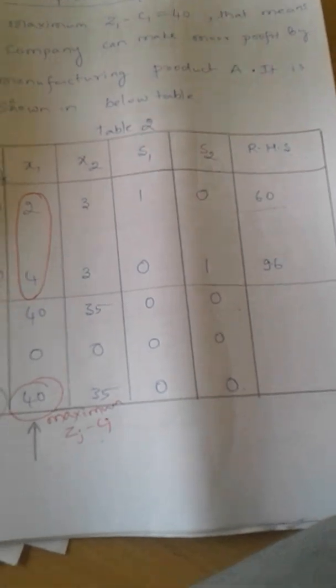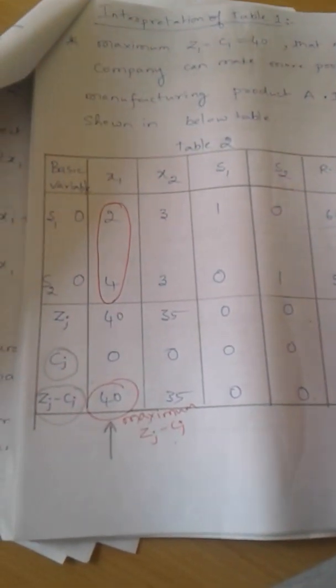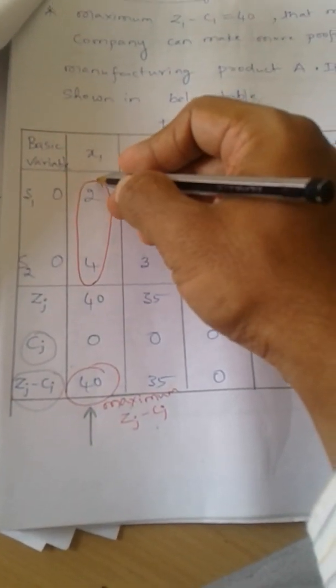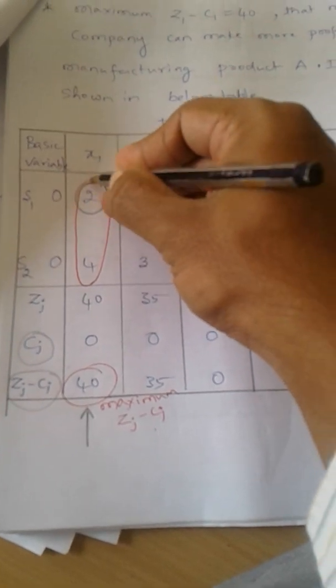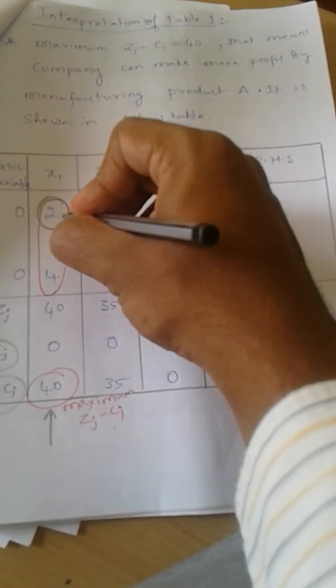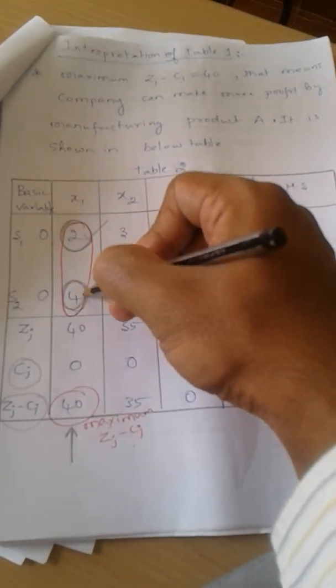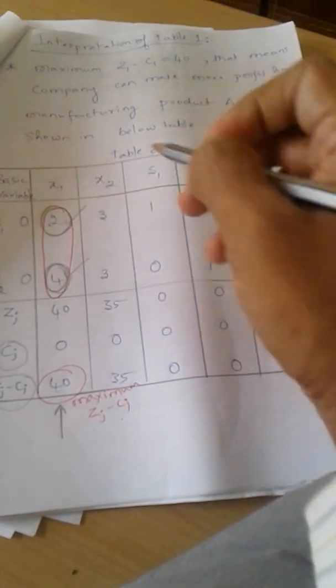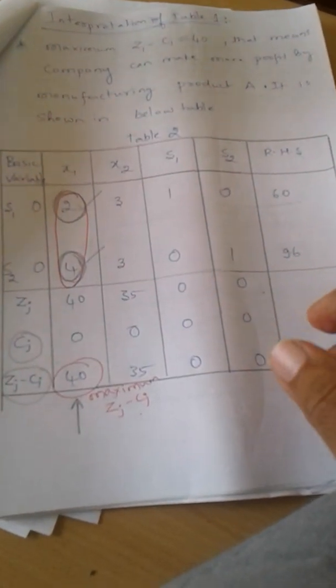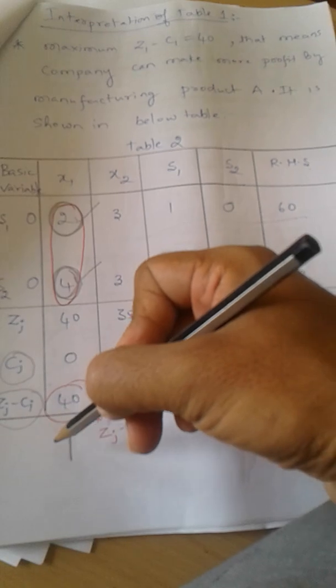Alright, next is, with this available resource, now we know that for manufacturing one product A, we require 2 kgs of raw material and 4 hours of labor. Is it right? Now with this constraint, we have to see how many number of product A can be manufactured. That is the next question. Alright, so I am going to repeat this once again.